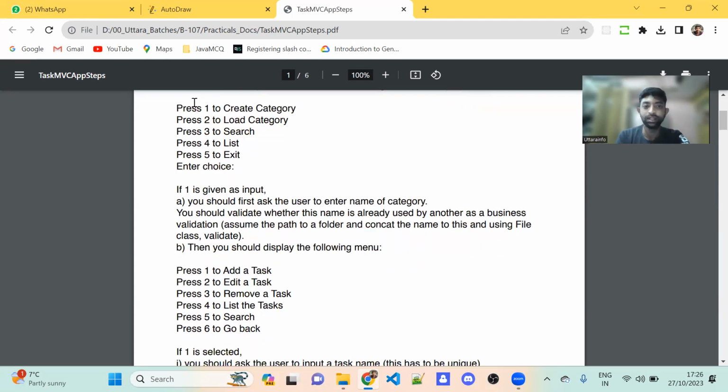Then if one is given, okay, you have categories for tasks. For example, I have a home category. For home, I should bring groceries. That is one task. I should bring milk, dairy products. That is one task. I should do some cleaning. That is one task. Okay, and another